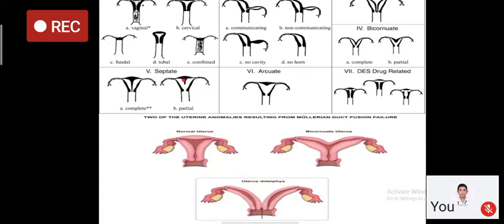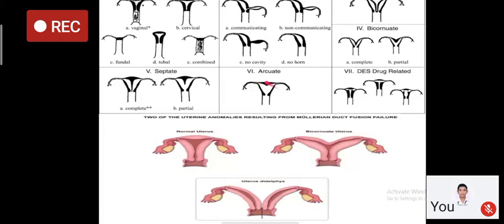If you look at the upper side, there are two cavities along with attached fallopian tubes, but one cervix. So there is a clear cut fundal defect. In didelphys, you will get two cavities, two cervix. In bicornuate, you will get one cervix, two cavities. In the septate also, you will get one cavity, but there is complete and partial. There is a fundal defect in bicornuate, but in septate there is no fundal defect. So these are the various identifying features during sonography or MRI.